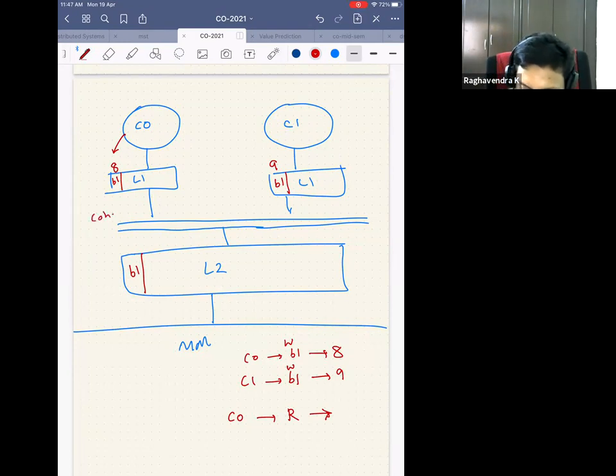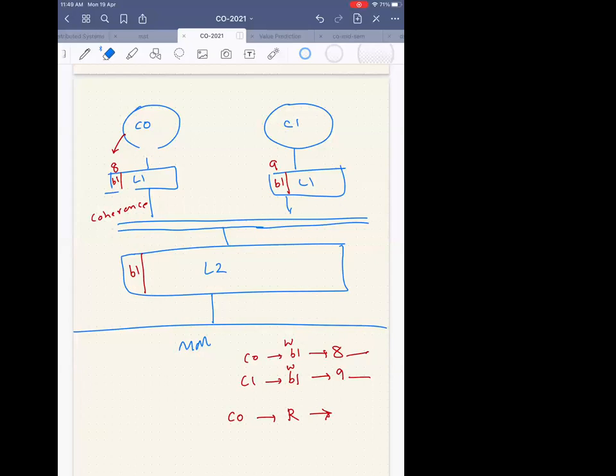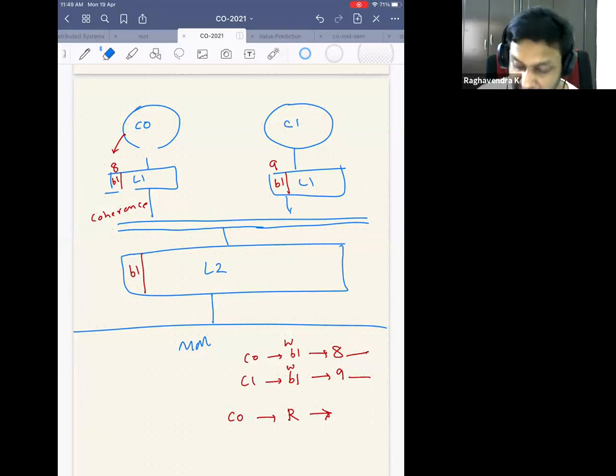There is a bus that is going around and that's what we will be seeing later in the class if time permits. I hope the time permits because I don't want to leave without teaching coherence. Because I know that you will not take the computer architecture elective. Sir, the reason why I thought C0 should read 8 is that C0 and C1 might be executing different programs. No, let's say they are the same. Yes, excellent, a very good point. Who's this?